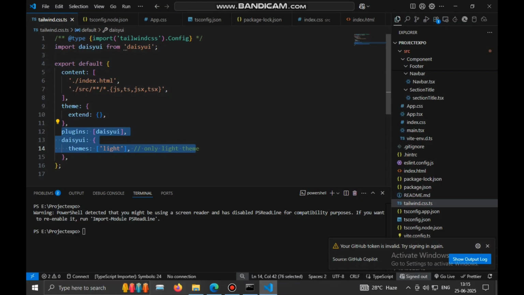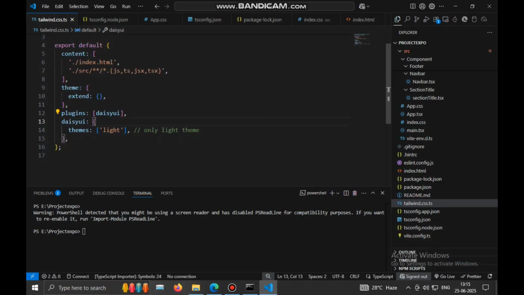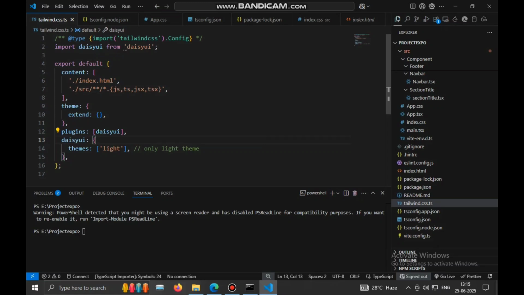Create a file tailwindcss.ts, or if you use JS for your project, you can also create css.js. In this file you can show the Tailwind CSS with DaisyUI. I recommend you use DaisyUI. You install DaisyUI from the command prompt in your folder,